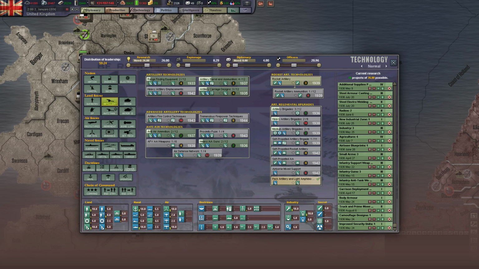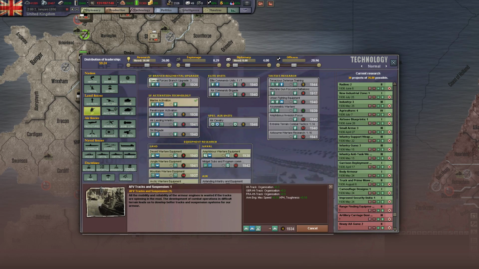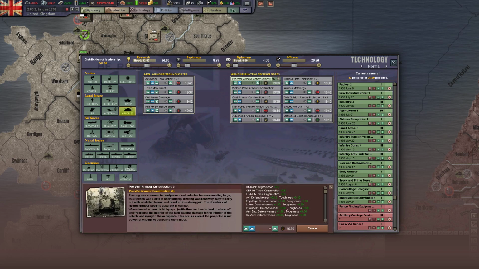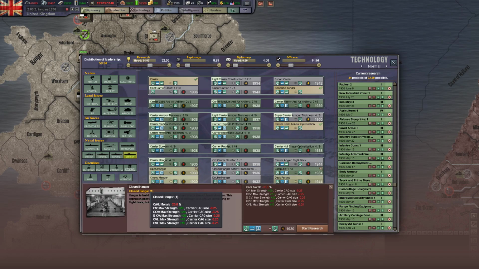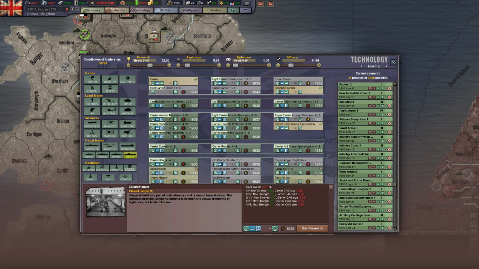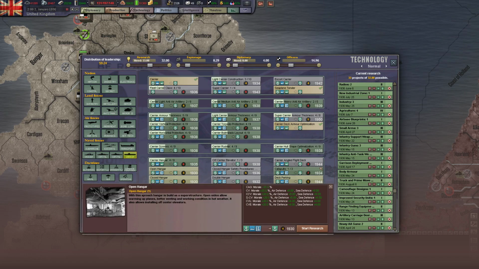Okay. Get some more artillery tech, heavy AA guns, AFT tracks, and suspension, high density alloy, and pre-war armor construction. And you know what? We'll have a look at what carrier techs and things we can get. So catapults, open hangar, closed hangar. Are they mutually exclusive? Okay, so closed hangar. Hangar is built as part of the main structure and is closed from all sides. Okay, so I think, historically, the Brits went for...